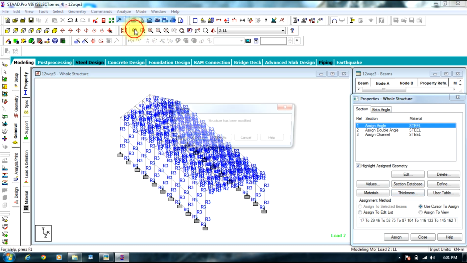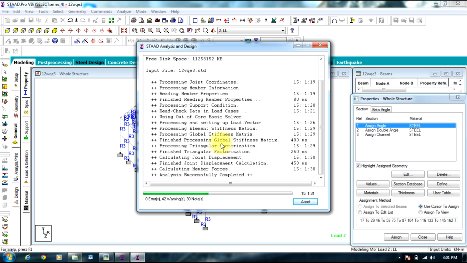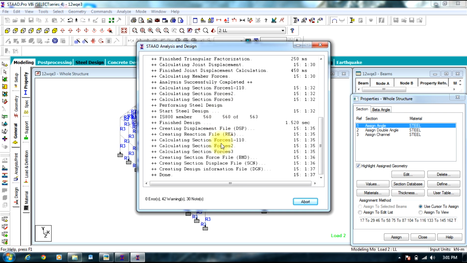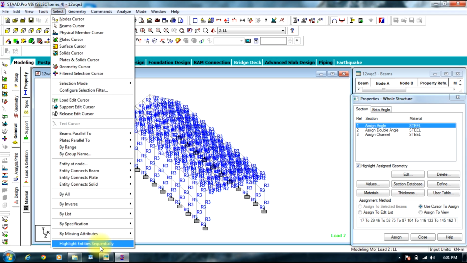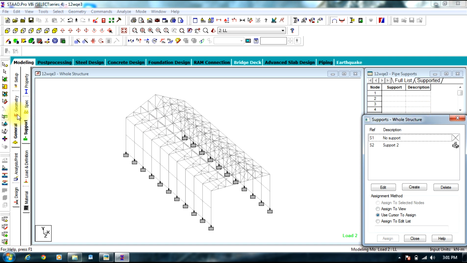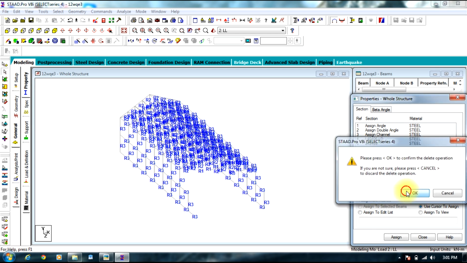Now run the analysis once again and see if there is any error. Still there might be or might not be. So there are no errors. You can go to modeling by specification, all failed beams. So there are these many failed beams since we have, according to the code, assigned only these angles. So you can just delete those